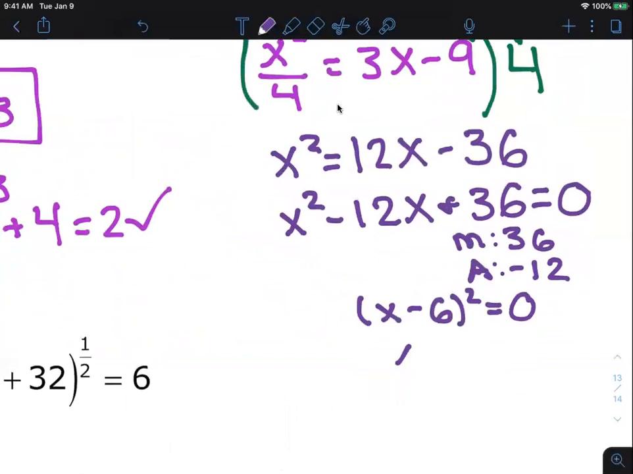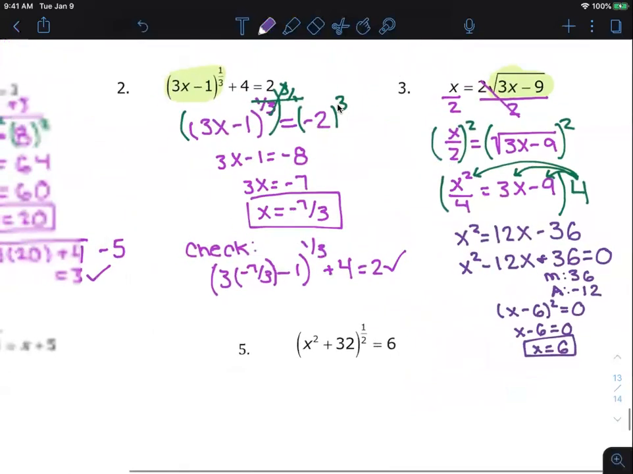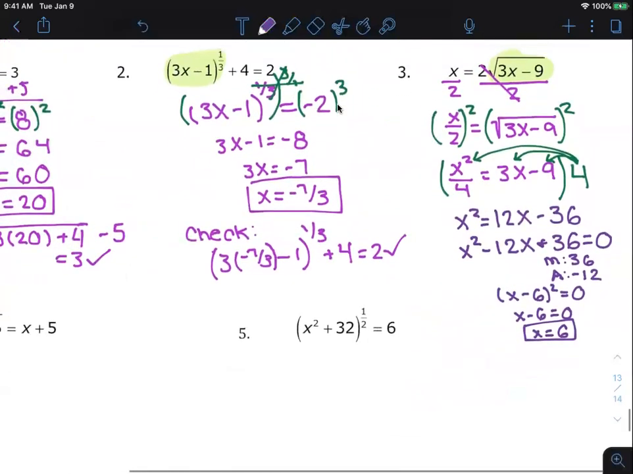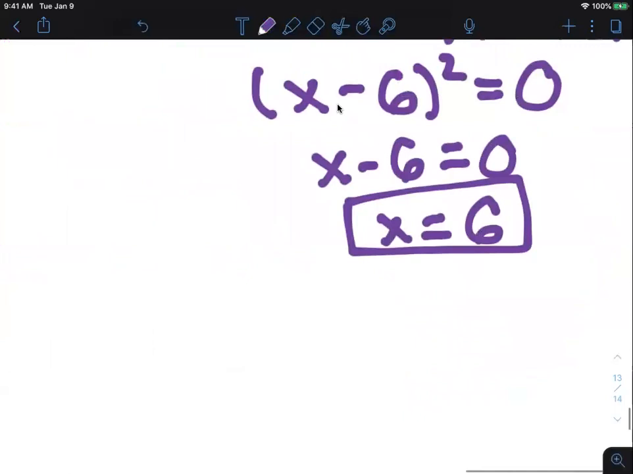Either way, you set each factor equal to 0. And since the factors are the same, you don't have to write 6 twice. It's the same thing. You can just write it once. And then obviously you're going to go ahead and check your answer again. So I'm going to write the check work one last time. But after that, I am not going to write it every time, except for when I show you